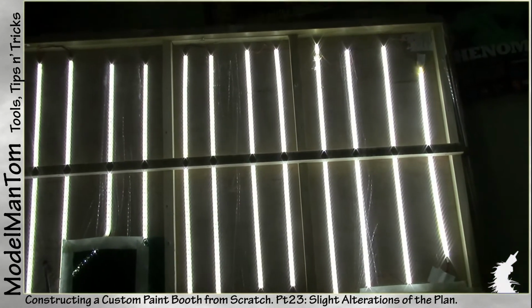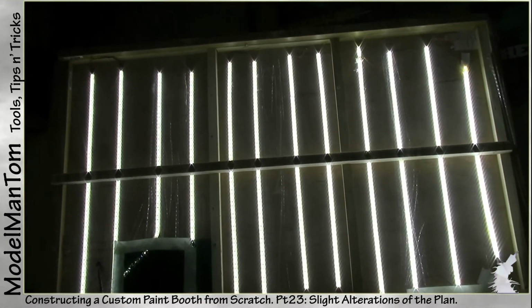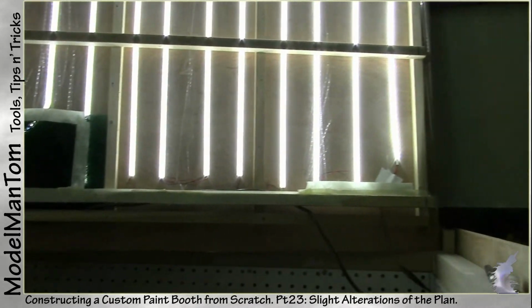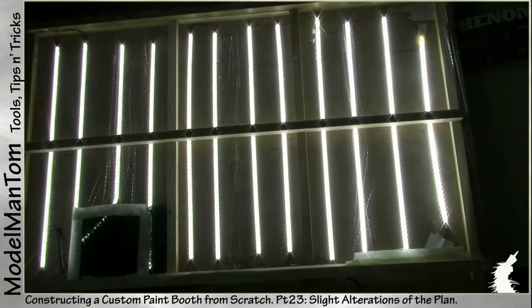So I don't know when the battery ran out, but this battery is about to die too. I just cut this hole here, and ceiling, test bed,